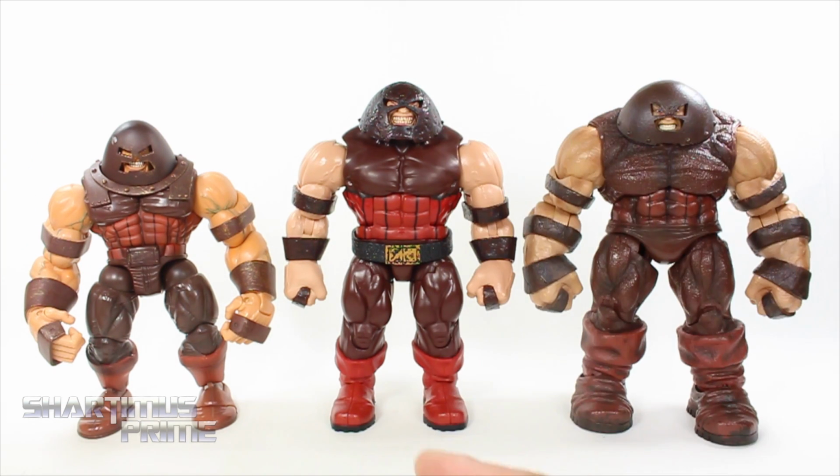This guy, I like the sculpt, not my favorite sculpt, and I really like the articulation a lot too, so it meets right in the middle. I gotta say, in all honesty though, if you're on a budget and you can only afford to get one Juggernaut figure, this is the best purchase you could possibly make for yourself. You'll be happy with the sculpt, the articulation is okay, but for the price point, especially compared to these two